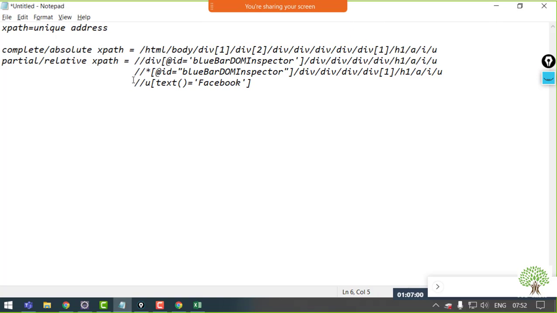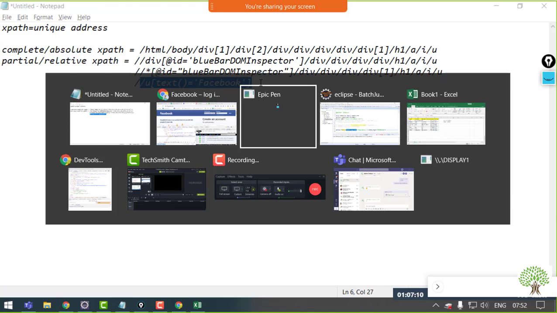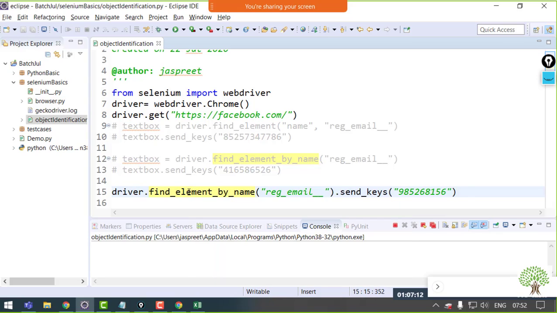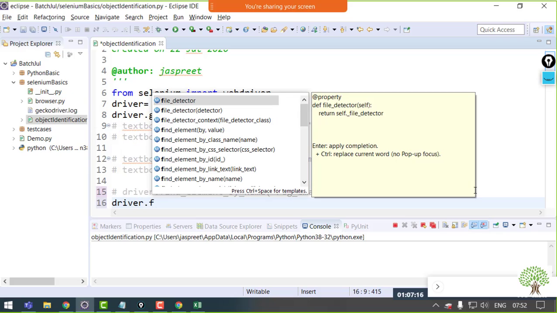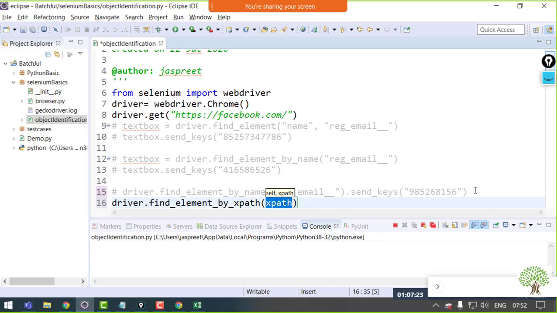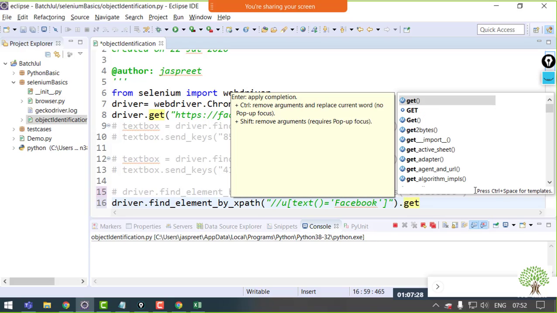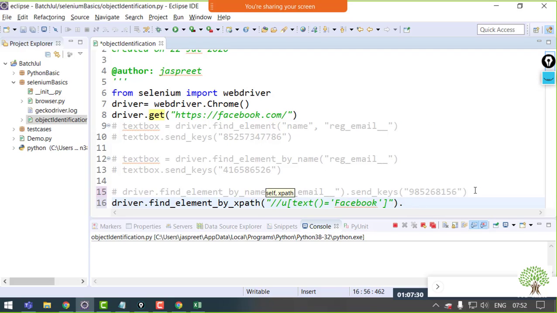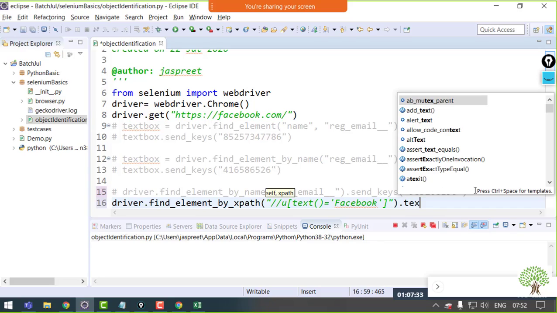Fine. So now if I have to extract the text out of this, let's say I'll use this XPath first and then I'll move on with the next one. So I'll go back to my Eclipse and I'll say driver dot find element by XPath, and I need to give the XPath, and what I want is to get the text. To get the text, the function I'll be using is the text function.